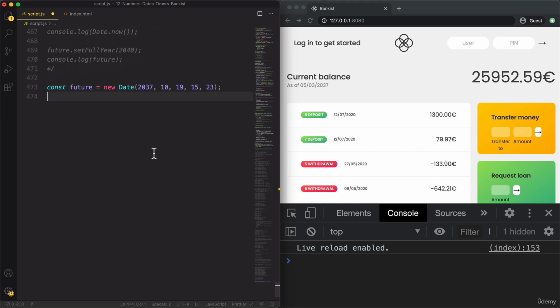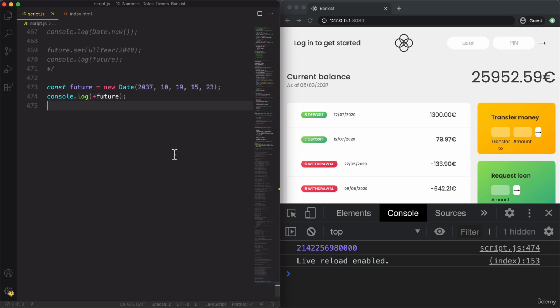So let's get this date here. Okay, and let me just demonstrate what I just said. So I will convert this future to a number. So you see, it worked. And the same thing is going to happen when I use the plus operator on it. So in fact, that does mean we can now do operations with it. So if we subtract one date from another, the result is going to be a number like this, so a timestamp in milliseconds, and then we can simply convert these milliseconds back to days, or to hours, or to whatever